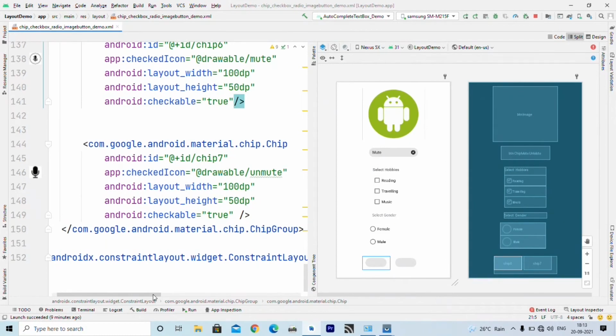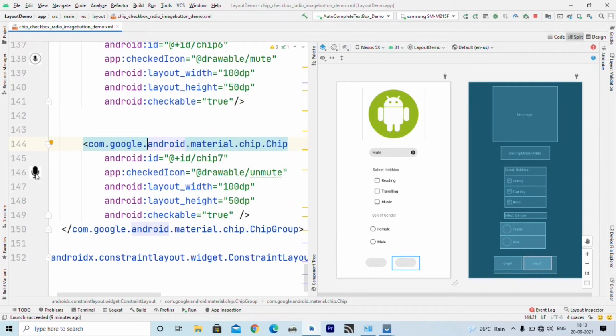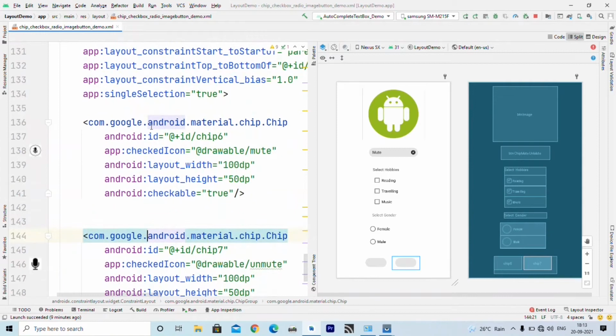I have specified this chip checked icon to unmute, right? So here you can see that icon, and for first chip I have set this icon to mute, that you can see here. Now these icon must be available in drawable folder, so you can set icon.